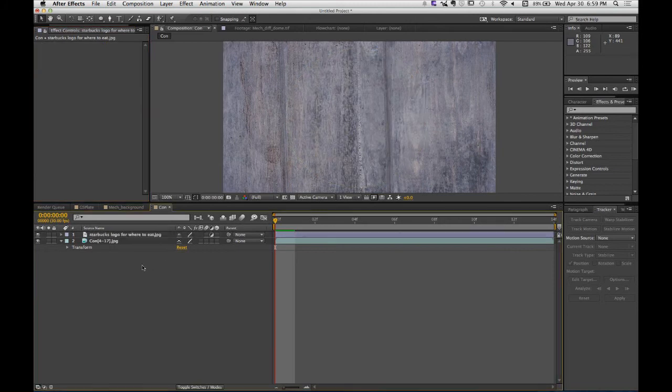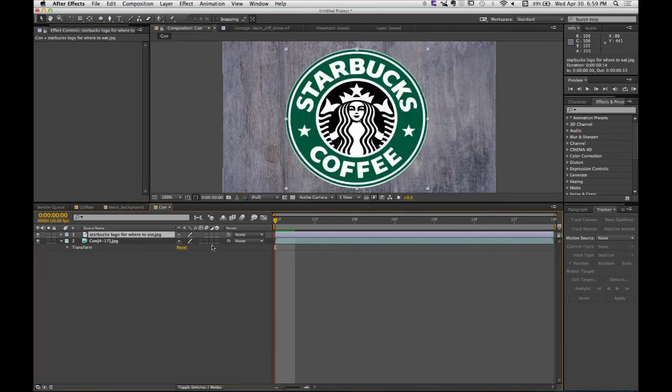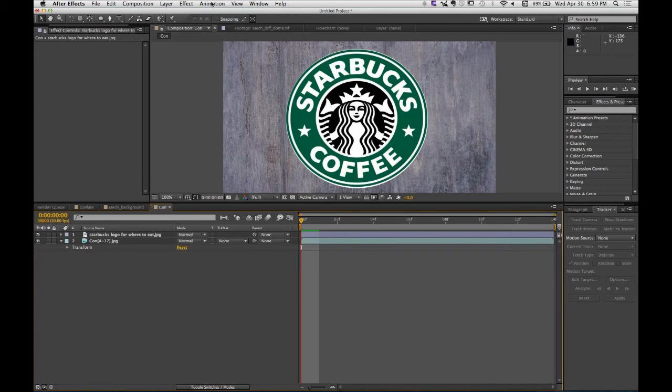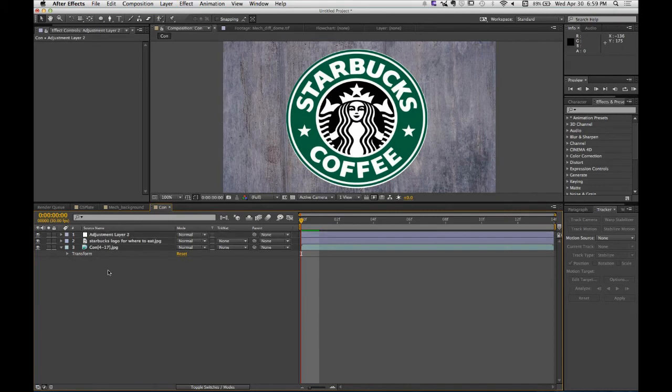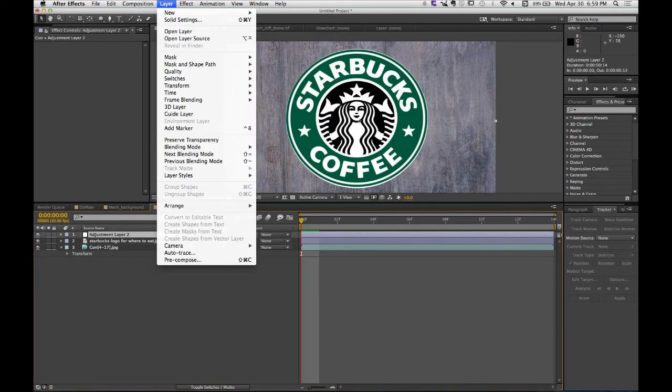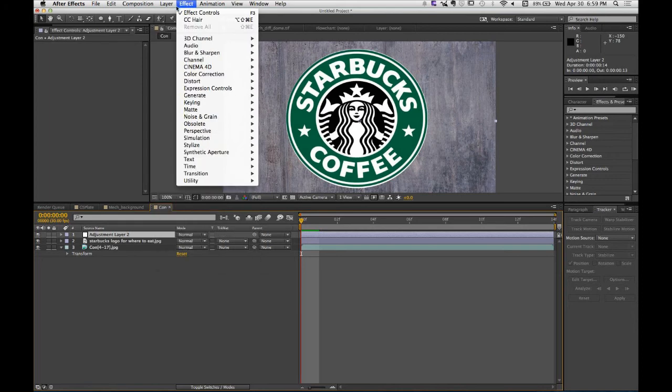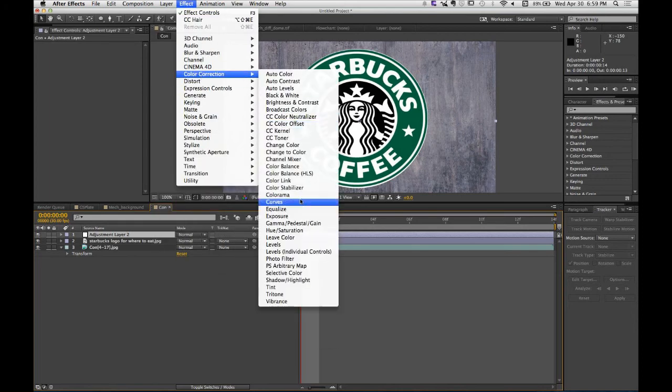Crazy deals, crazy times. So back to adjustment layers, because adjustment layers are pretty fantastic. Now the great thing about adjustment layers is that they're first-class citizens. So anything that we can do to a normal layer, we can do to an adjustment layer. So I've created a new empty adjustment layer, and inside of that, I'm going to apply just a simple